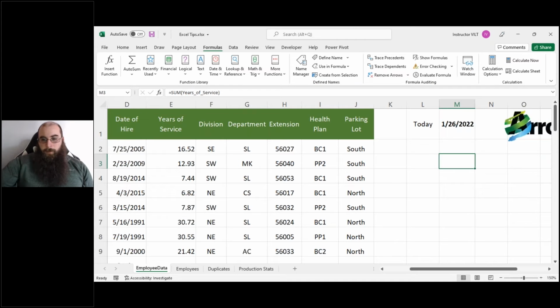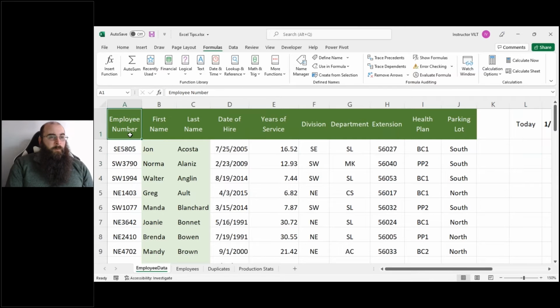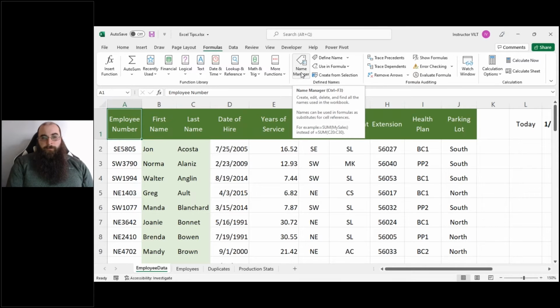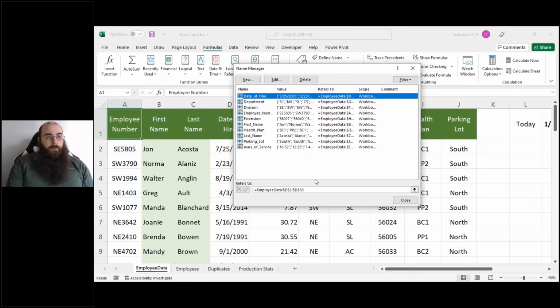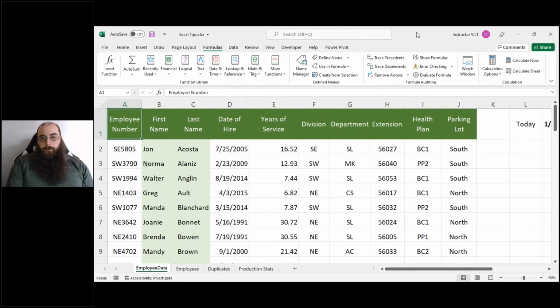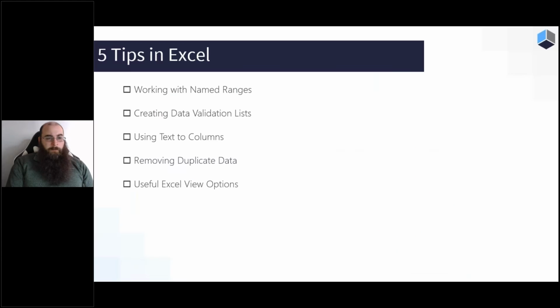Quite useful. Now, if you do want to edit or delete any of these named ranges, you cannot do that in the name box itself. That's only for creating named ranges and selecting them. You would have to go to your Formulas tab, back to that Defined Names group in the center of the ribbon, where you can find something called the Name Manager. Click on that. You will see all of your named ranges, and here you can edit or delete them. All right, and we might see our named ranges pop up again in just a moment for our next topic,